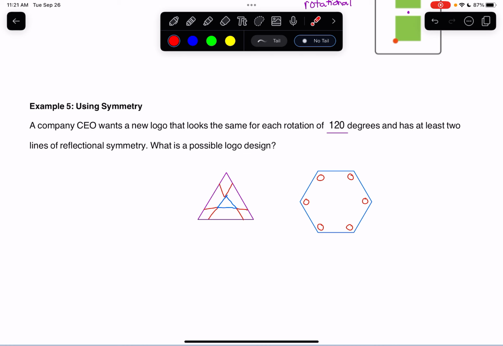So anyways, that is all I have for you with symmetry. I told you it was pretty simple. Of course, let me know if